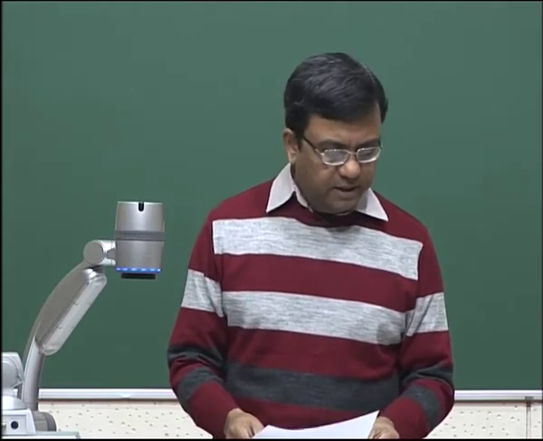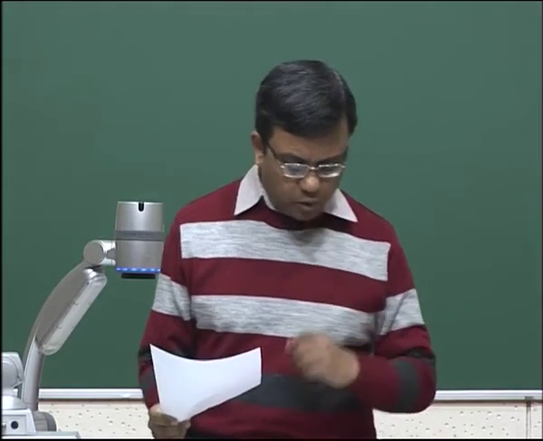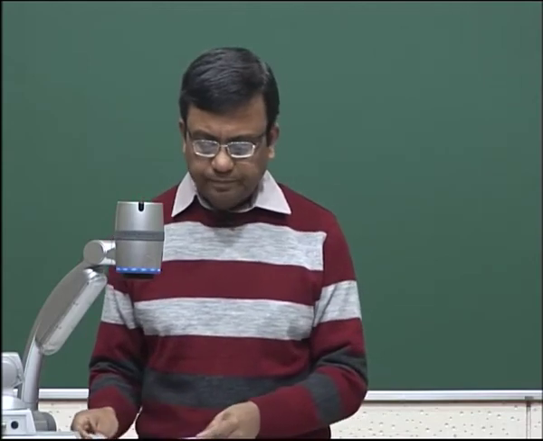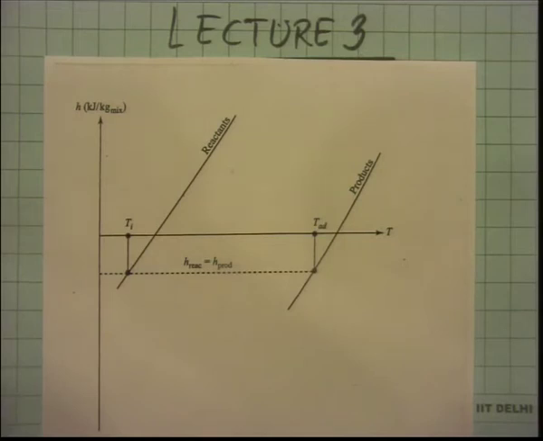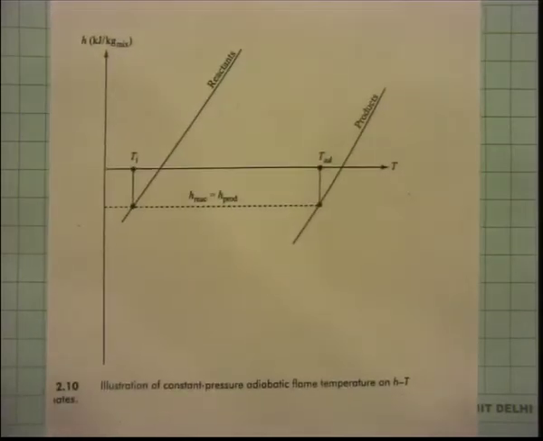We were also discussing adiabatic flame temperature. So, I thought I will show you a little bit, again, some very simple graphical representation of this. So, this is extremely simple. This is plotting small h, kilojoule per kg of mixture, as a function of temperature. Again, there are two lines for reactants and for products. Think about whether these lines are actually straight lines or not. Are these supposed to be straight lines?